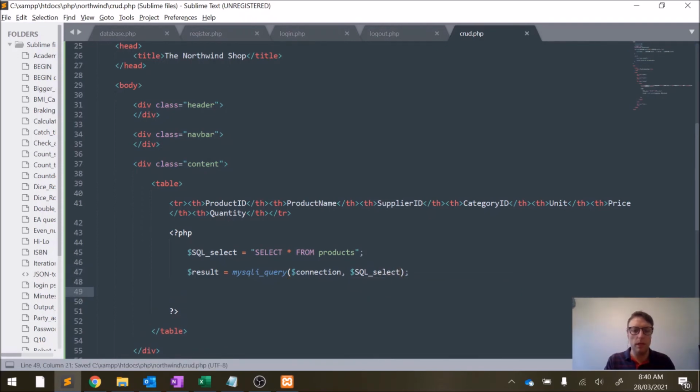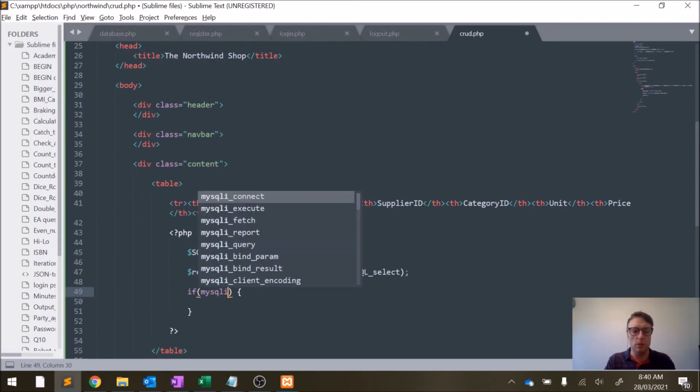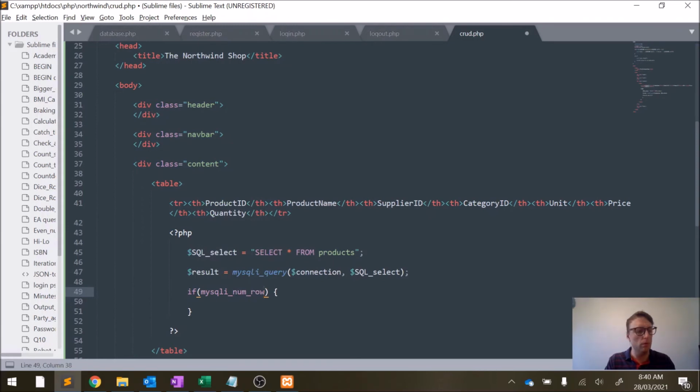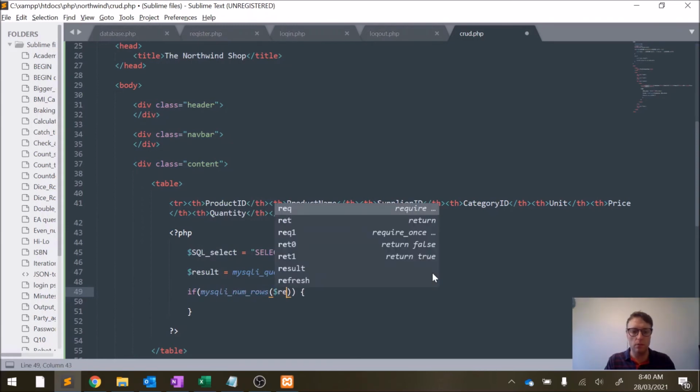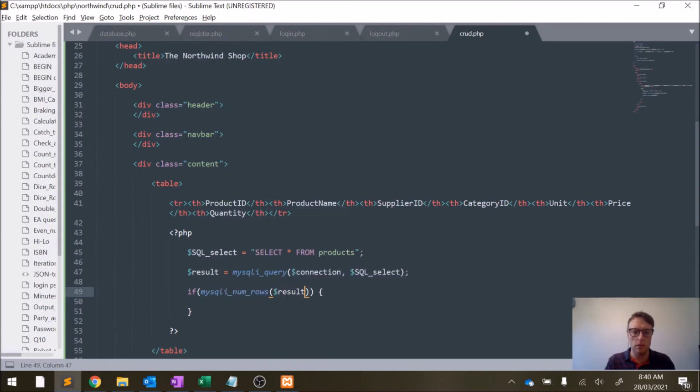We then want to place those results into an array to loop through, which we'll do. But first we'll say if there's any results. In other words, if mysqli_num_rows of that result object is above 0, so there are results,